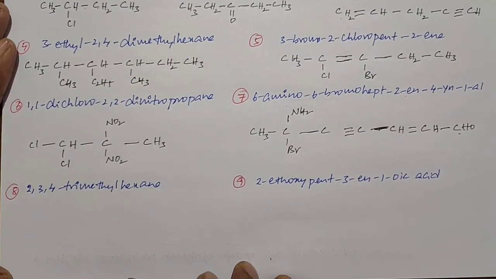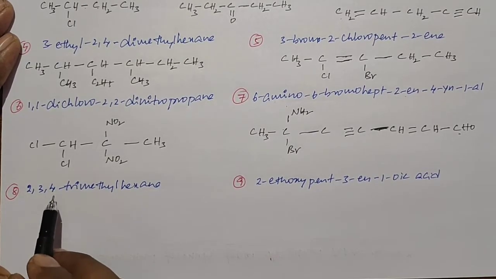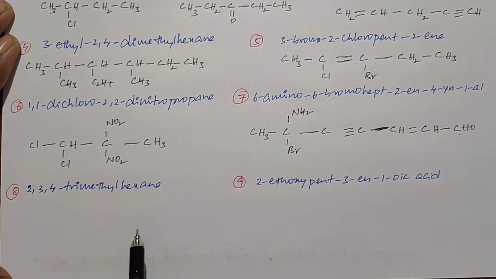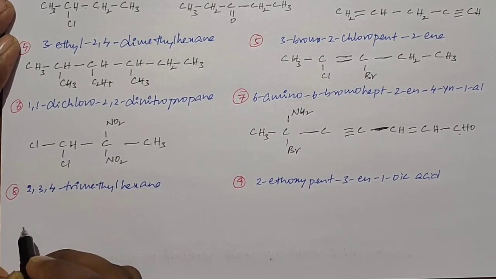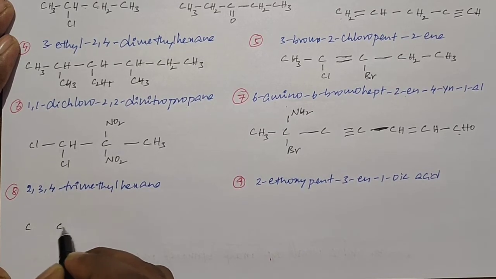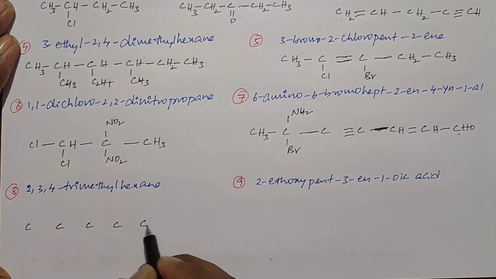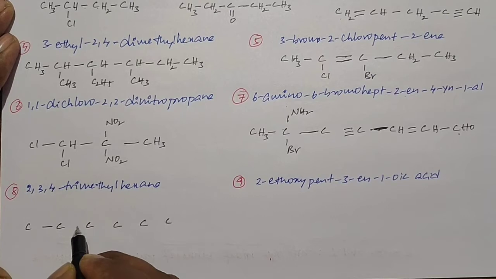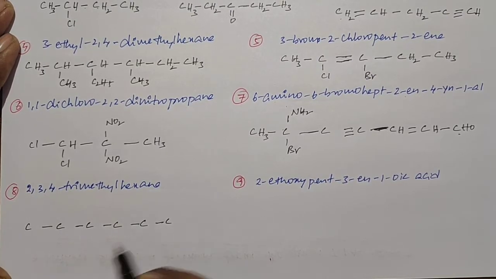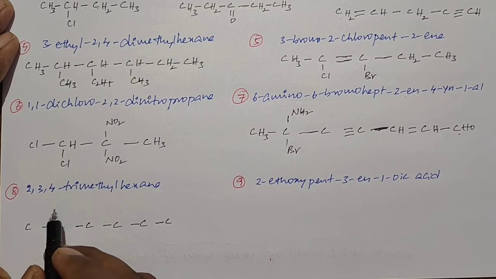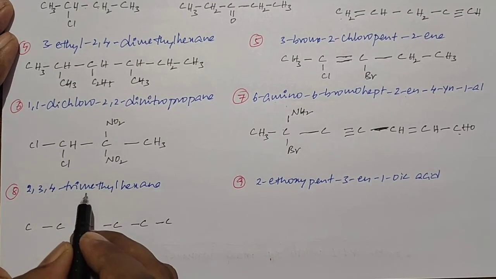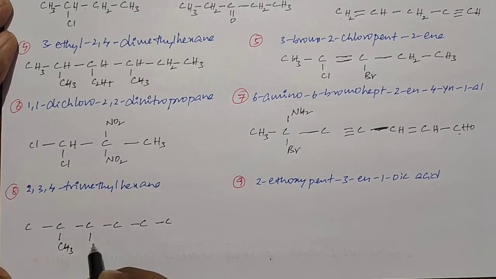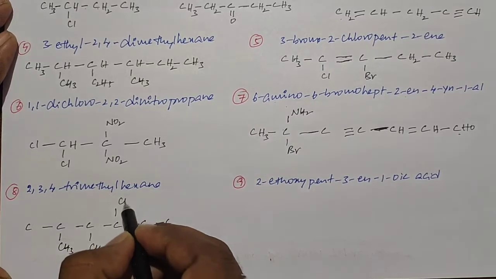Okay, students. This is the next example. When you see 2,3,4-trimethylhexane, what is 2,3,4-trimethylhexane? Number of carbons 6. How many? 6 carbons. 1, 2, 3, 4, 5, 6. Okay. The primary suffix is ane. All are single bonds. Okay. Secondary suffix absent, primary prefix absent. The secondary prefix is methyl, and we have 3 methyl groups at the second carbon, third carbon, and fourth carbon. You can keep any one of the sides.